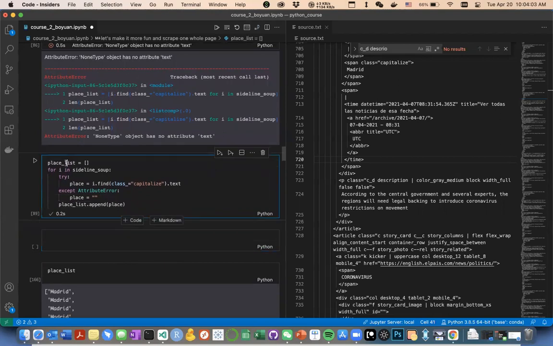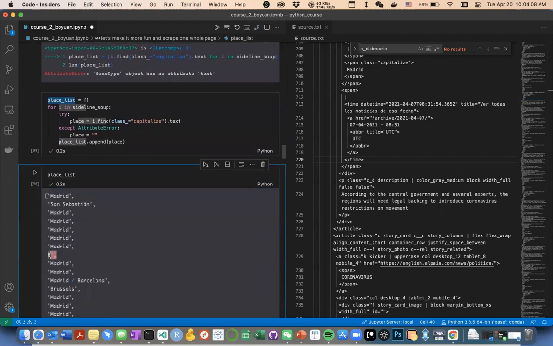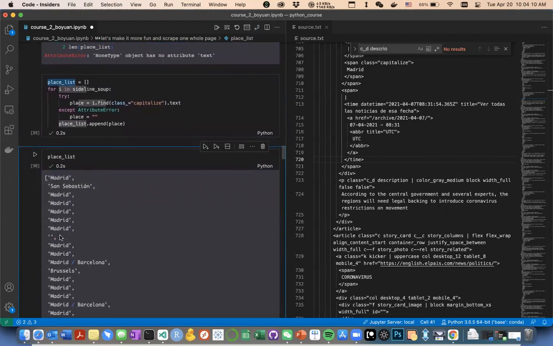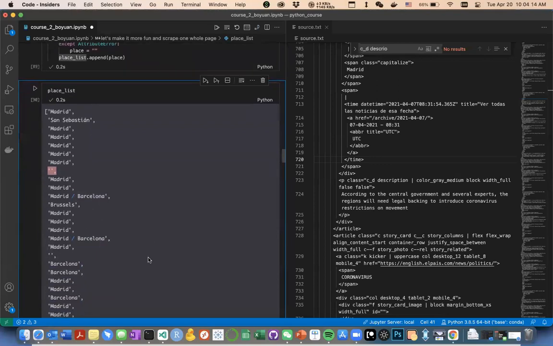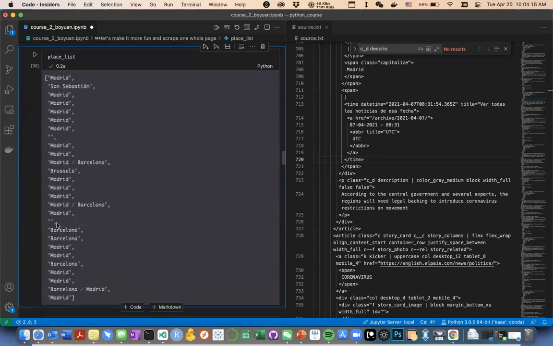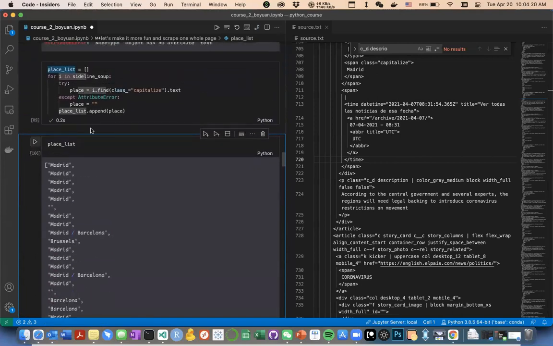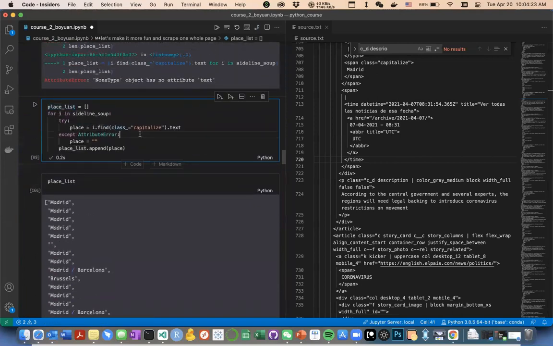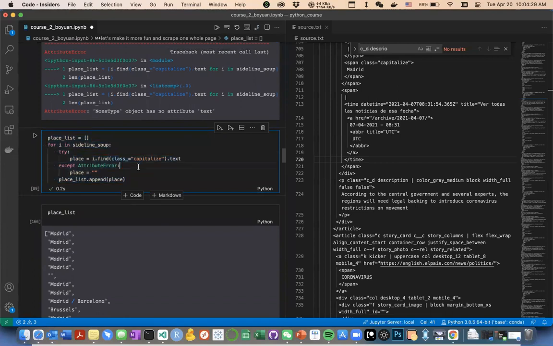Let's see what's inside the list. Okay, so you can see there is actually one article that doesn't have the place where it got published. Oh, two articles actually. This is a very important technique when you want to script something in a steady and secure fashion, because if